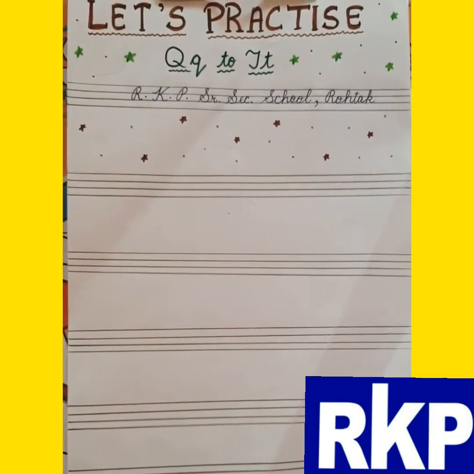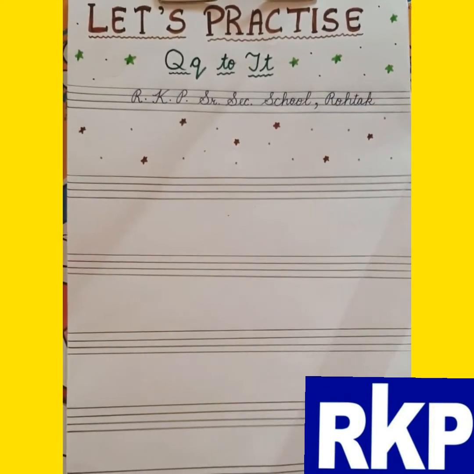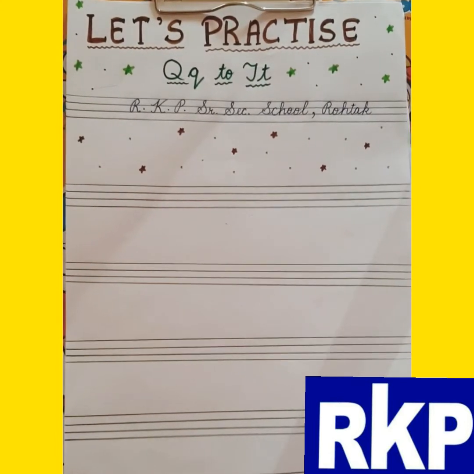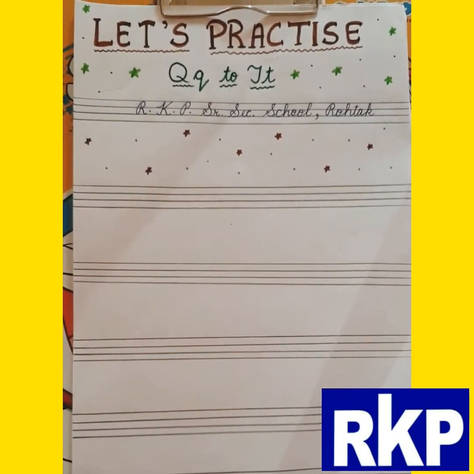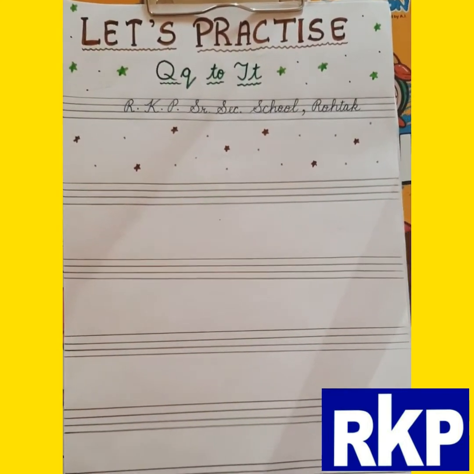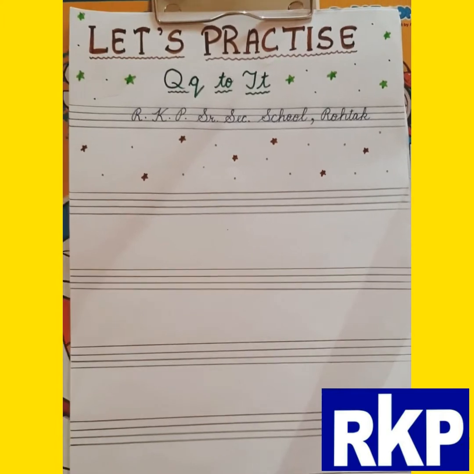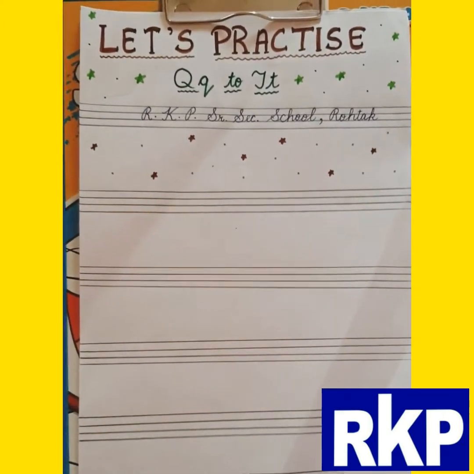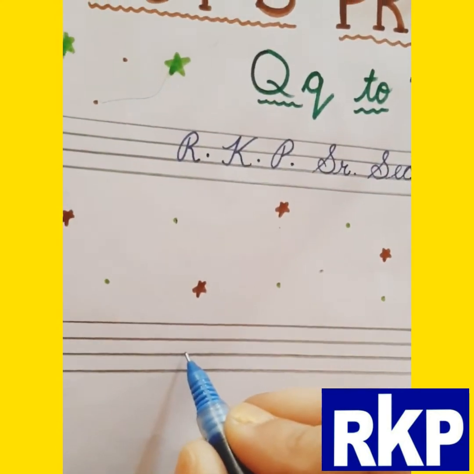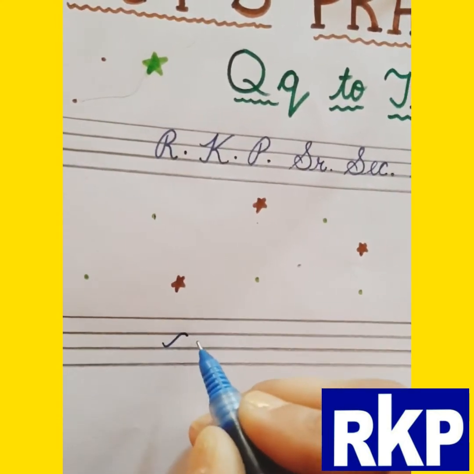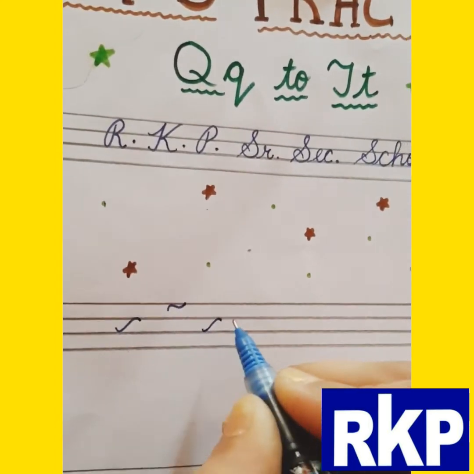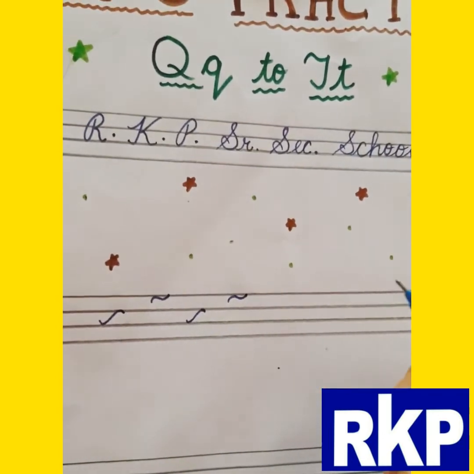So as you all are aware, this video is to improve your English cursive handwriting. Today we will continue with our next four letters: Q, R, S and T. Okay, are you ready? First of all, we will revise the important curves that I told you earlier also. So, first curve is this curve and this curve. Which two curves? This curve and this curve.